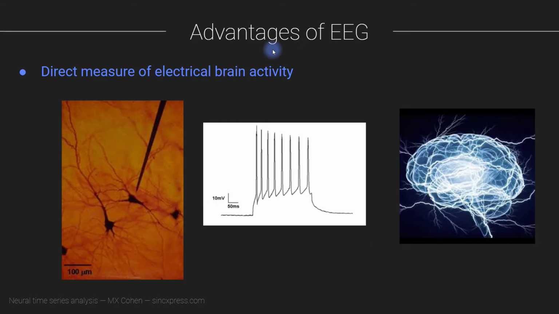All right, so now I would like to discuss some advantages of measuring electrophysiology from the brain. One advantage is that it is a direct measure of electrical brain activity. As I mentioned a moment ago, this is important because we know that neurons communicate with each other through the transmission of electrical signals and electrochemical signals. So the fact that we can record electrical activity non-invasively in humans is actually pretty remarkable. It's pretty amazing that we can do that, because that is a direct measure of the medium of information computation